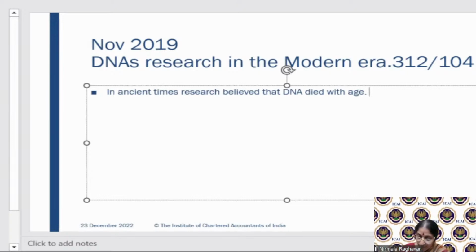But in the late 1980s, PCR, that's polymerase chain reaction,